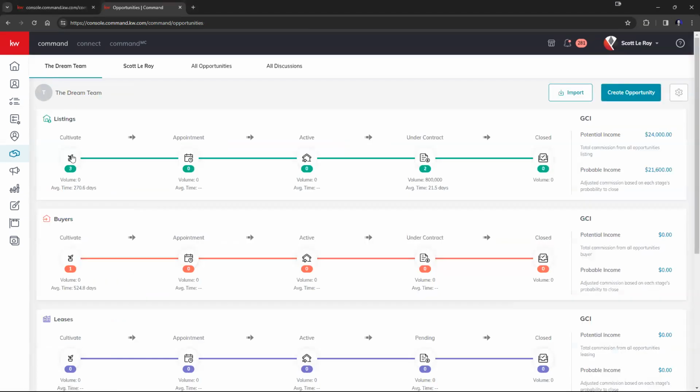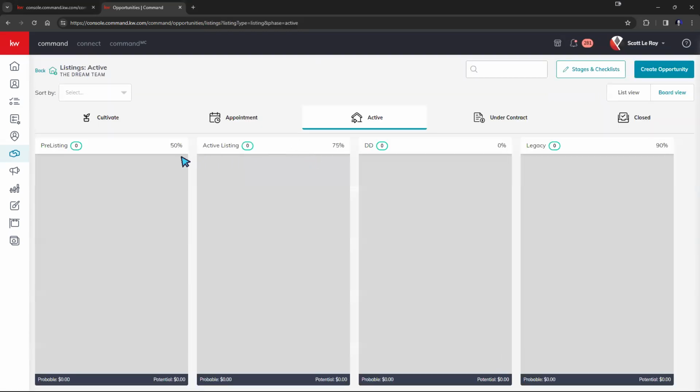So backing out one more time right here, each one of these images you're able to click on and jump into. Now, again, I know the buy side and the sell side both have different activities that need to be completed. Once we take a look inside of the active section right here, you'll see this will start to segment out between the buy side and the sell side. So buyers, you're going to be looking for homes. Listings, you're going to be staging homes. So again, as we click on that active right here,